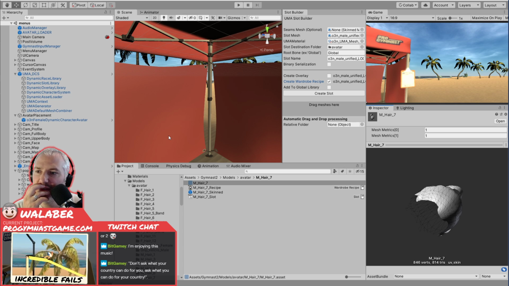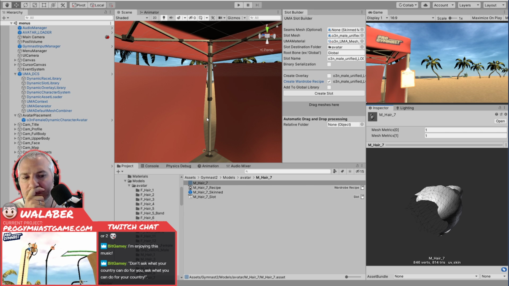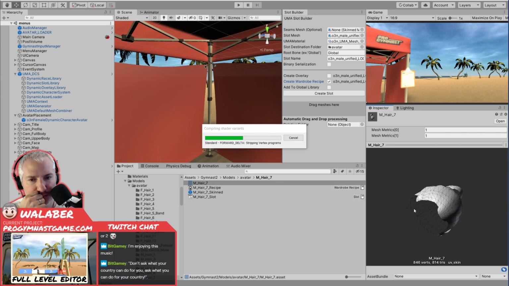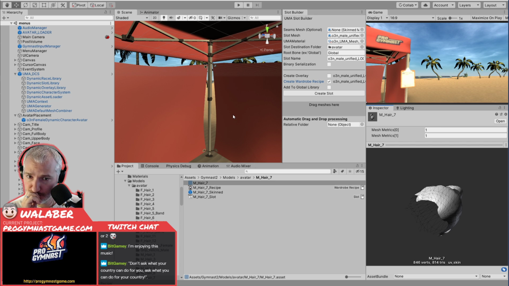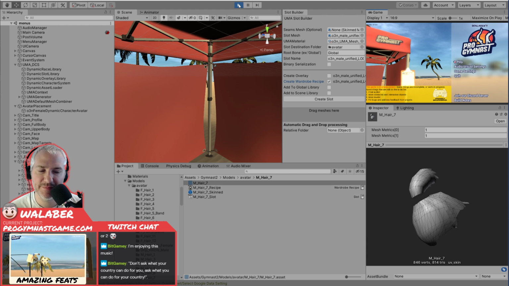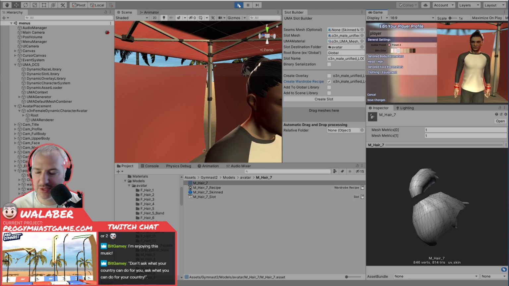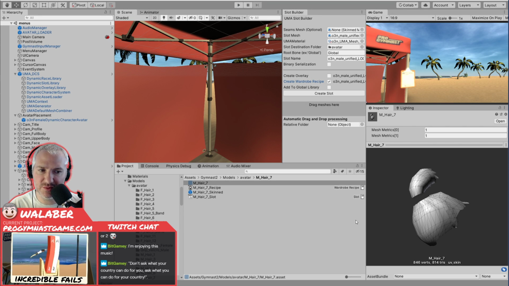Because I know there's like a UMA asset bundle thing. What's going on? Is it thinking? Yeah, it is. Still thinking? Yep. Alright. See if that did anything. There we go. Okay, no change there. Still got the weird normals. So is there something I have to do to...